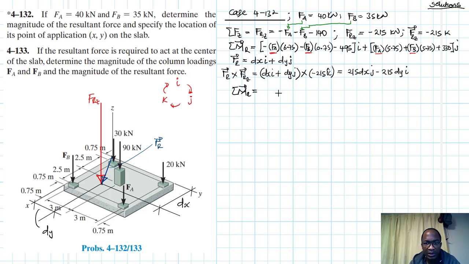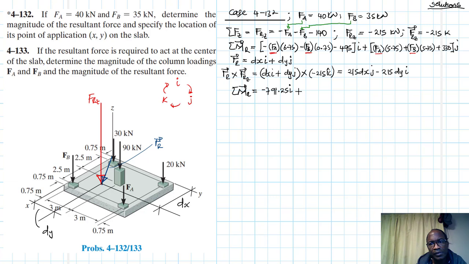So we'll have minus 14 by 6.75 minus 35 by 0.75 minus 495. So this gives us a minus 791.25i,